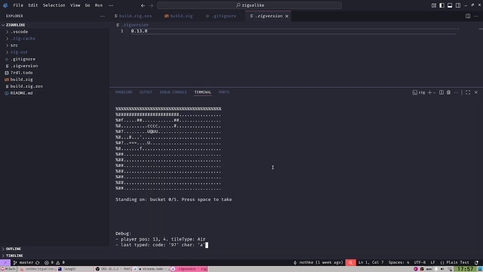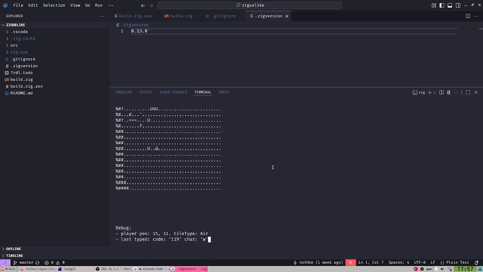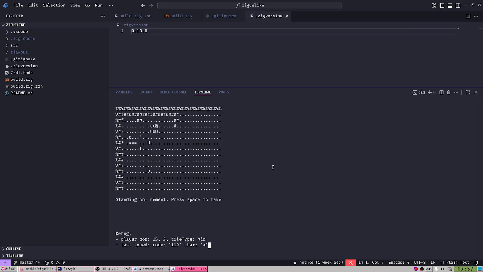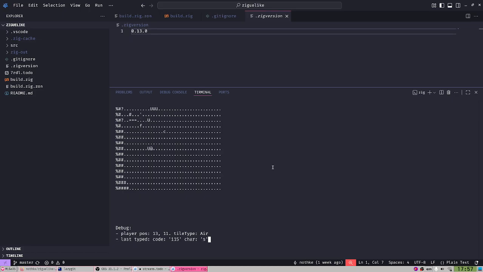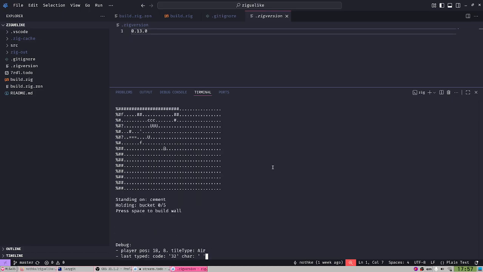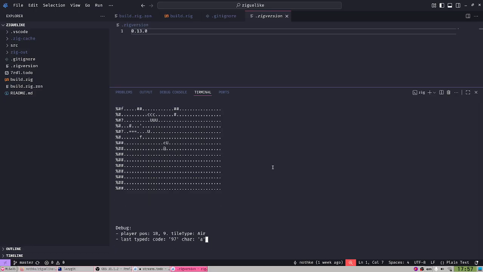And there are some, yeah, you have buckets on you, and buckets can collect water, but there is no water right here. And you have some cement as well, and if you pour water on cement, you get a wall. But in this case, it doesn't work because there is no water in the bucket. And I don't know what else was there. Yeah, this is just a wall. Oh, there is a bomb as well. Yeah, I forgot about that.